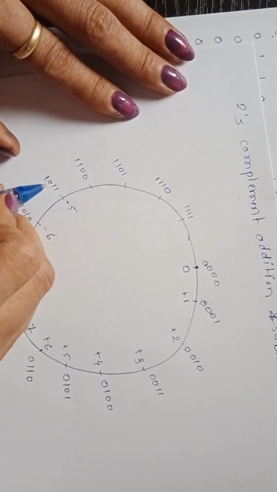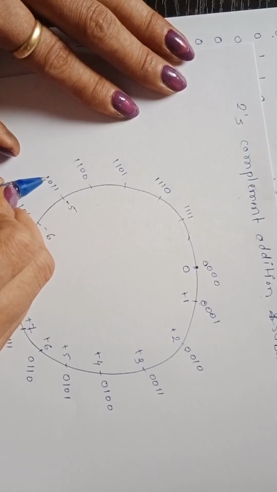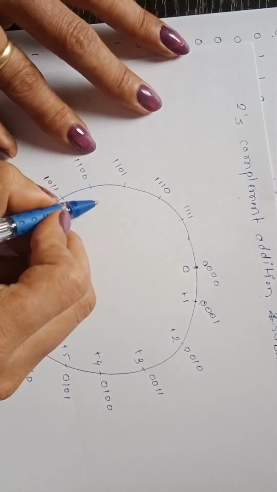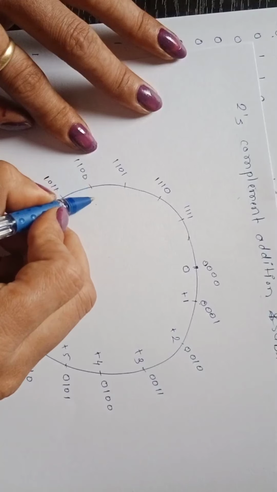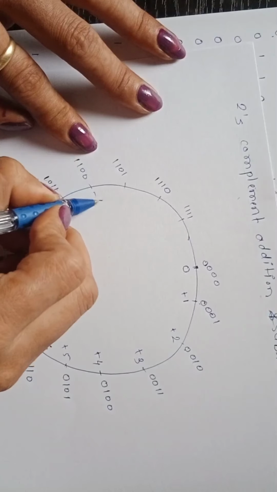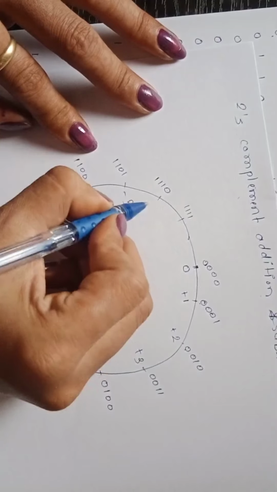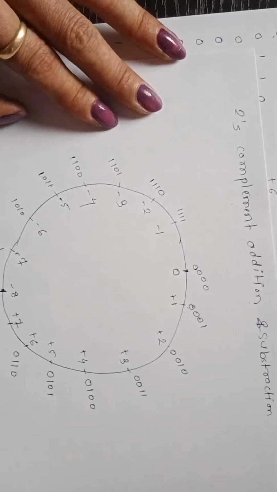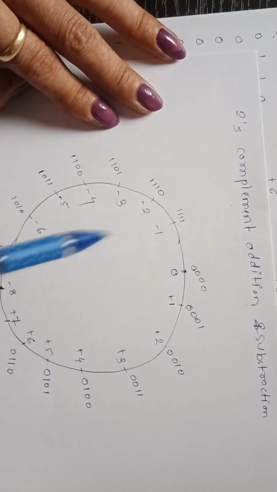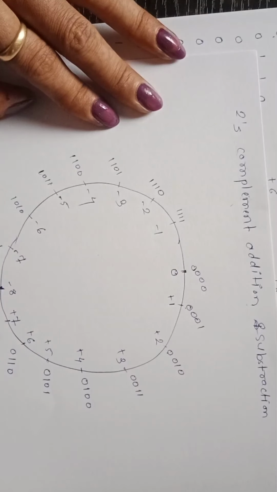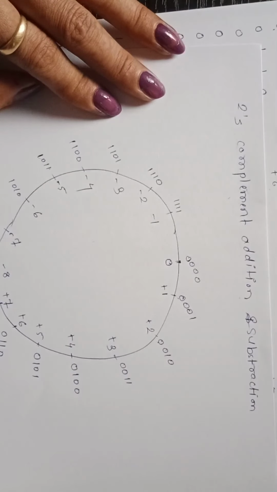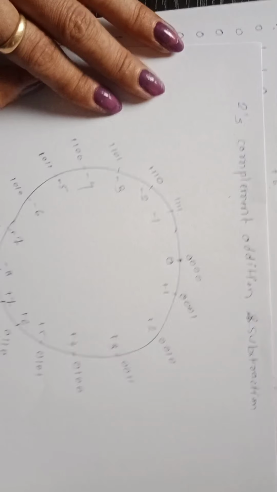So this is 5, and as the leftmost bit is 1, that's why it is minus 5. This 1 0 0 is 4, and the leftmost bit is 1, that's why it is minus 4. This is minus 3, minus 2, and minus 1. So there is only one representation for 0 and only one more negative number than positive numbers. So this is the 2's complement addition and subtraction representation for sign and magnitude numbers.